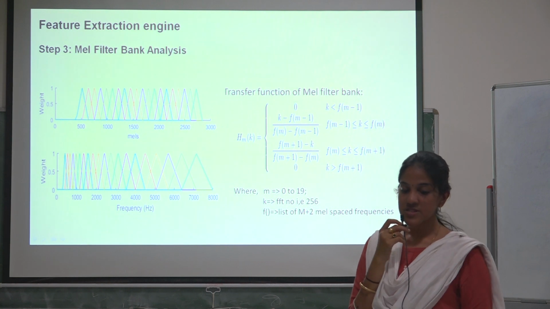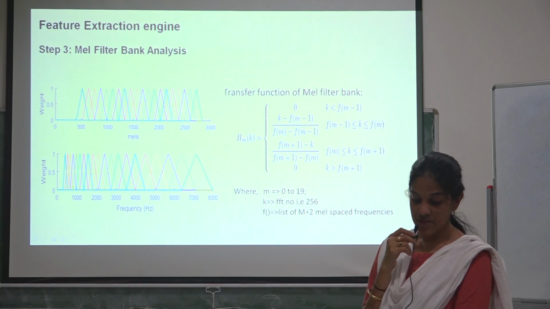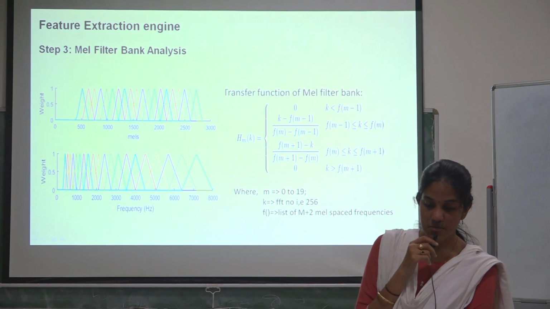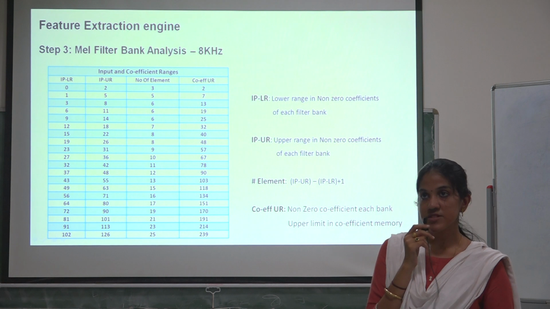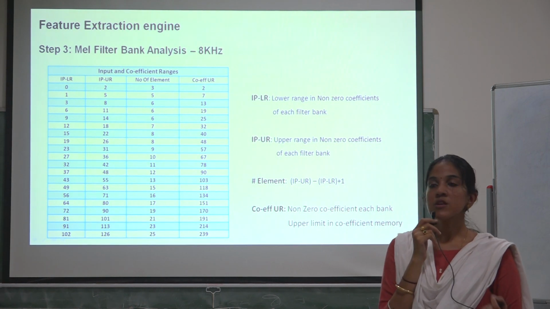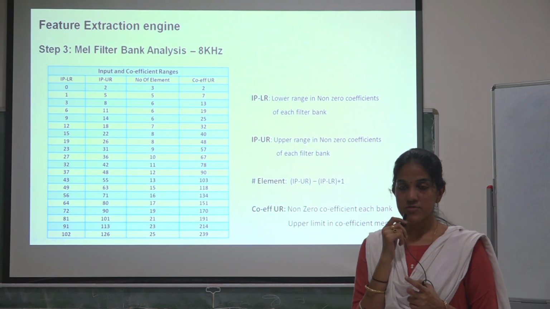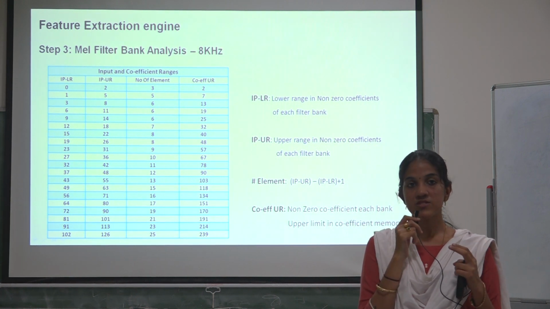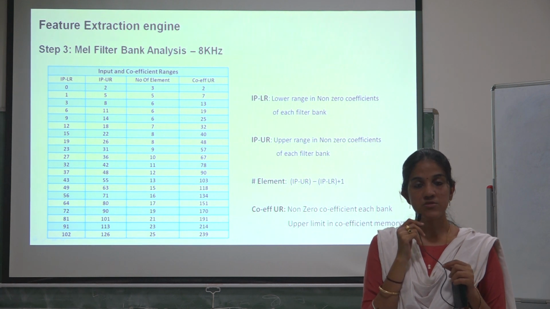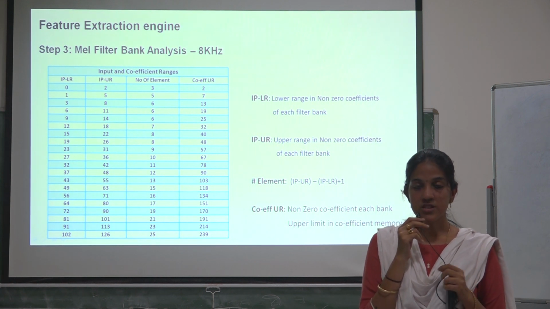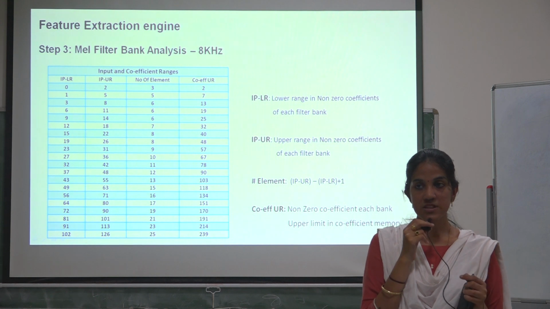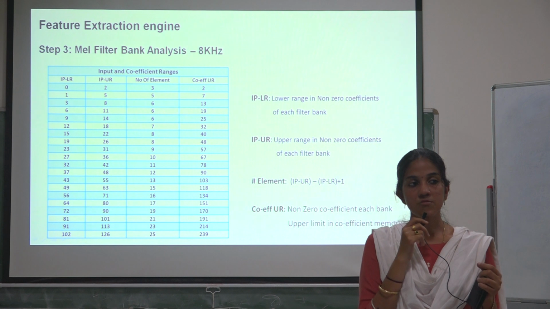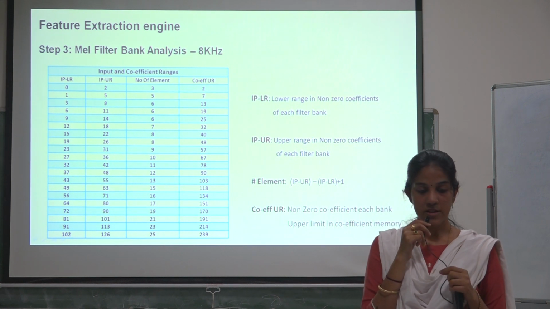for 256 point FFT and 20 filter banks, after performing the MEL filter bank, we get 256 into 20, 5120 values. But the matrix does not actually have 5120 non-zero elements. So it turns out that the matrix is a sparse matrix with few non-zero elements. We need not process anything with the zero elements. So this table